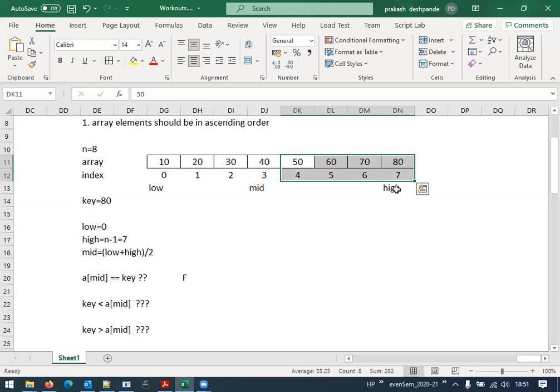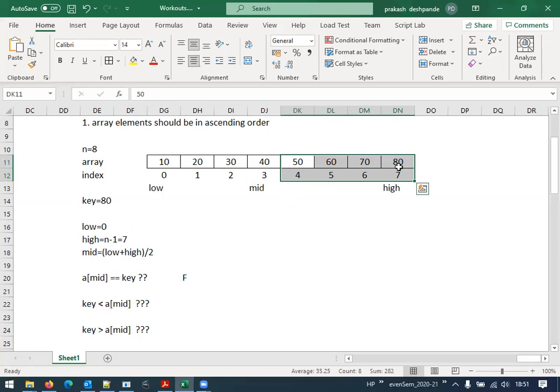The low value is missing. What actually is the low value? In this one, the low value is 4. How is it 4? Because now we need to search among 50, 60, 70, and 80.